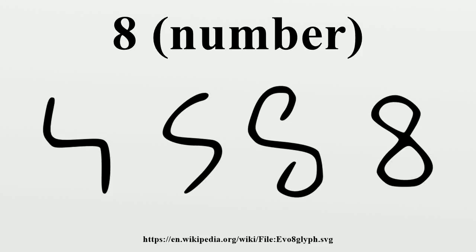8 is the natural number following 7 and preceding 9. In mathematics, 8 is a composite number, its proper divisors being 1, 2, and 4. It is twice 4 or 4 times 2. 8 is a power of 2, being 2^3, and is the first number of the form p^3, p being an